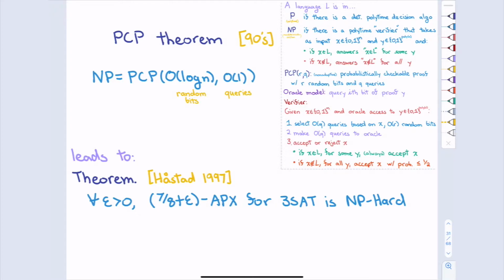So it leads to, in maybe more concrete or practical terms, inapproximability results such as the fact that you can't do better than a 7/8 approximation for 3SAT, and 7/8 is the easiest thing that we did in lecture 1. So maybe we take it for granted now, but that's really a bold statement to claim. Of course, we won't be able to get all the way to 7/8, but we'll still get some constant by the end of class.